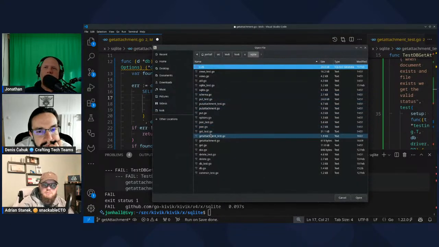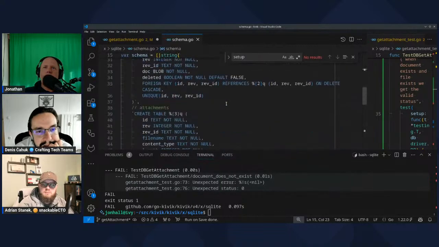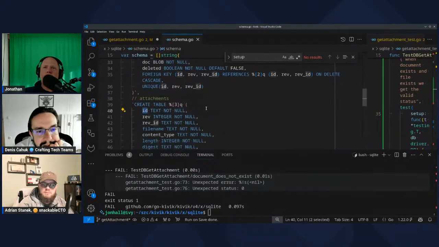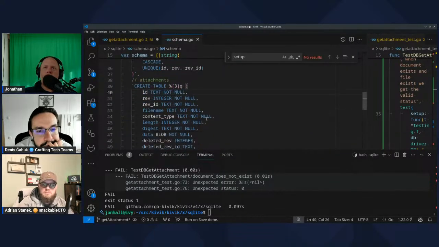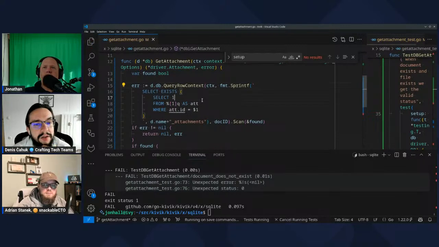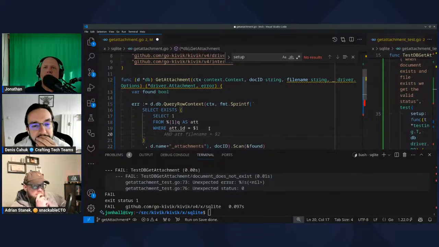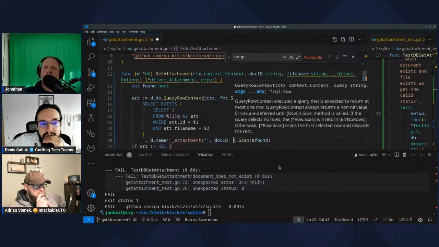The attachments table is right here. So ID is the doc ID. We will care about rev and rev ID, but not yet. Does the attachment have an ID? It has a file name, so you can't have two attachments with the same. Okay, fair. Okay, so that should now pass.